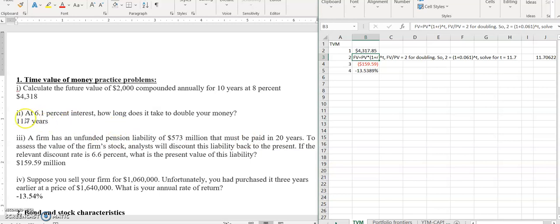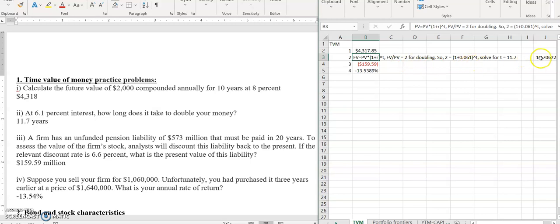Question number two, suppose you're going to earn 6.1%. How long does it take to double your money? So I can go ahead and use this formula here. Future value is present value times 1 plus r raised to power t, and doubling the money means future value over present value is equal to 2. Okay, so I can say 2 equals 1 plus r raised to power t, and then I can solve for